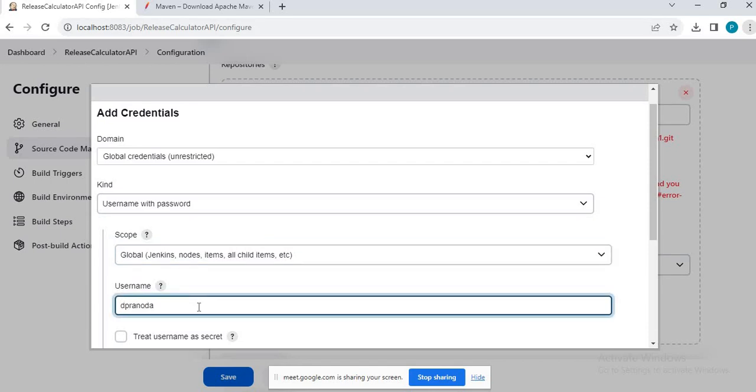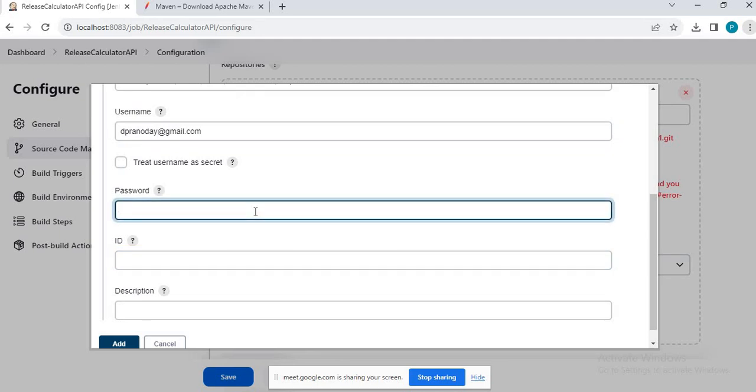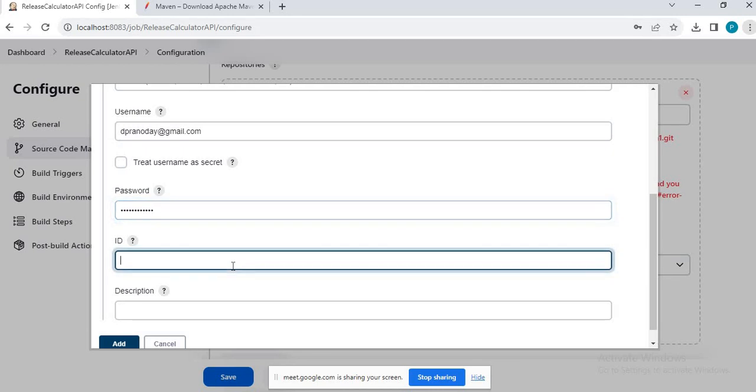I'm providing my username, and password of my Git repository. I am saying here Git credentials.